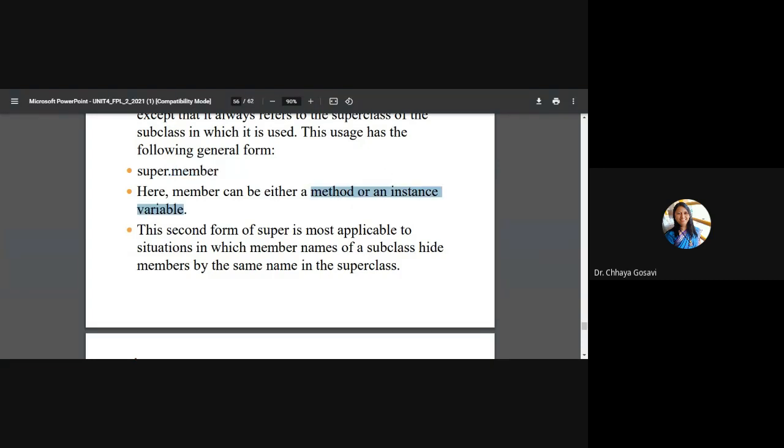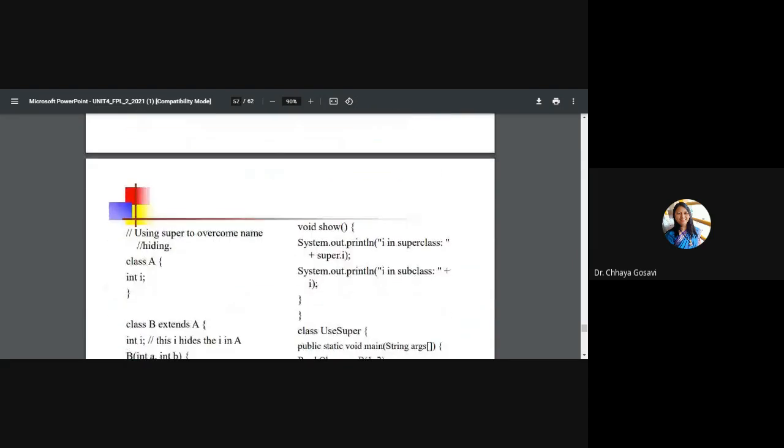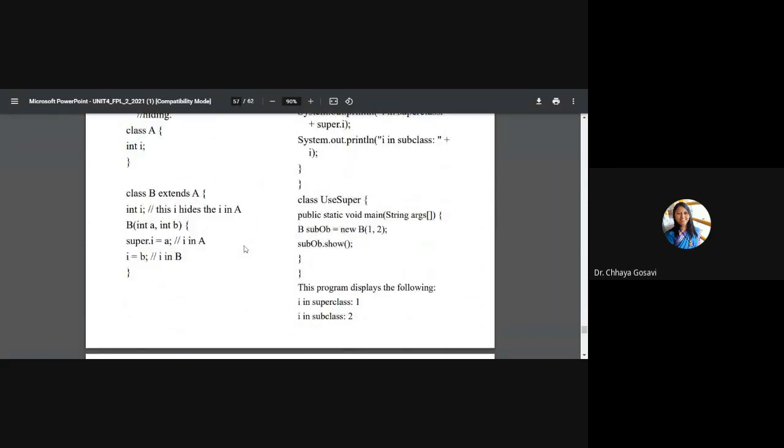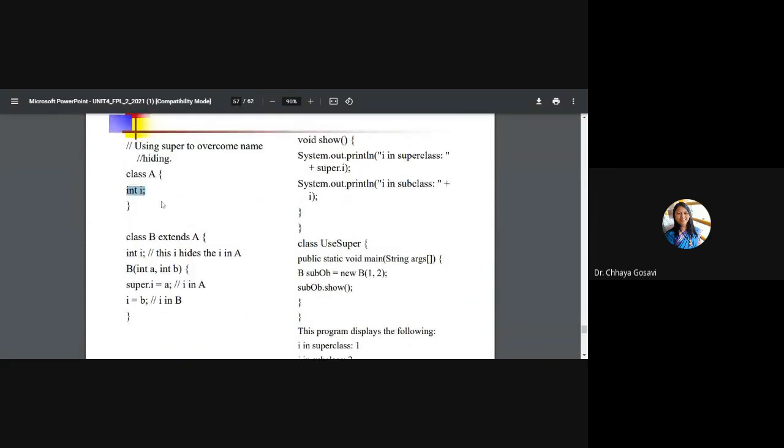This second form of super is most applicable to situations in which member names of the subclass hide the same name in the superclass. If you have a variable with the same name in subclass and superclass, we can use the super keyword to access the superclass member. We have just seen this example, variable i and super.i.